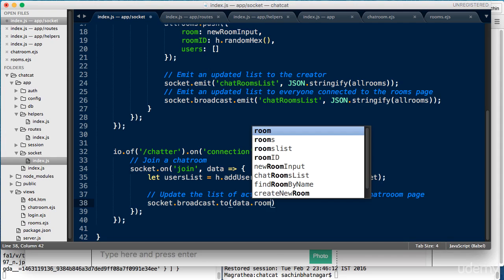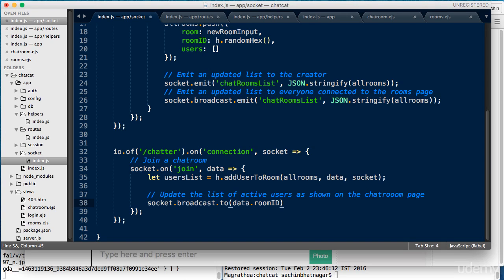The socket.broadcast.to method dispatches an event that we'll write in a moment to all sockets connected to a given room ID channel. However, this message is not sent back to the socket that has created the event in the first place. Instead of using socket.broadcast.to, you can also use socket.to directly for the same effect. Next, we'll chain an emit event to dispatch an event called UpdateUsersList, where the payload would be the stringified version